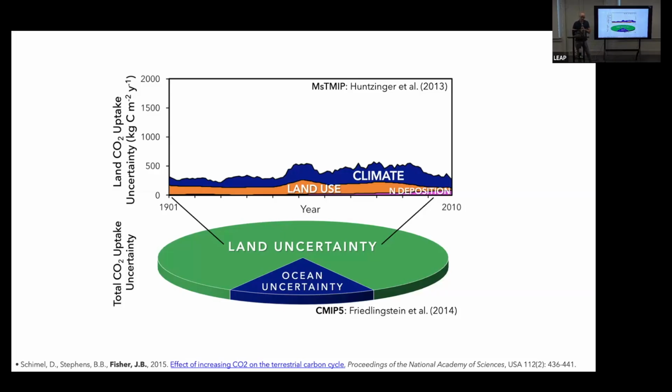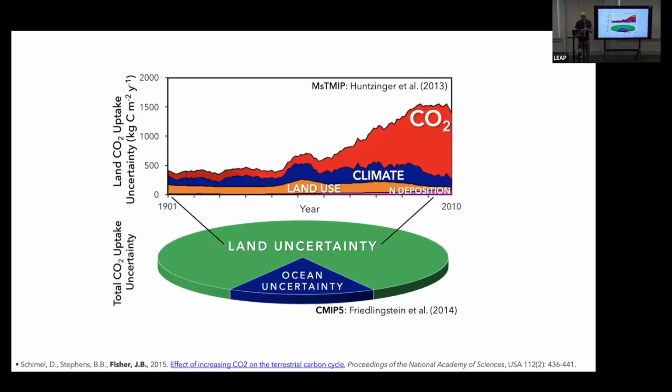Actually, the largest source of uncertainty of CO2 uptake is from the CO2 itself. If you change CO2 by just a couple parts per million, that's when the models wildly diverge. That's when some models are like, all hell is going to break loose, and other models are like, oh, plants are going to have a giant party. And so that's the big uncertainty. And most of that is in the tropics, right? The lungs of the planet.